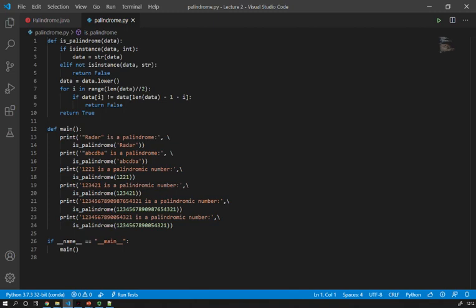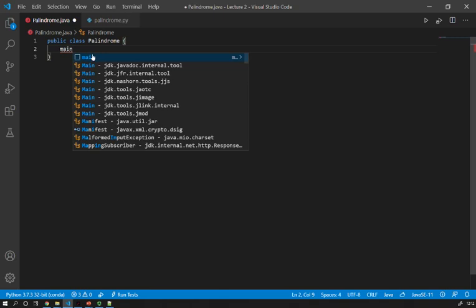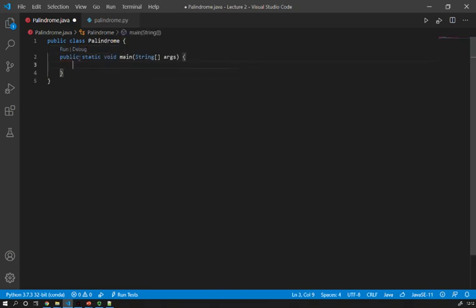Having done so, now let's look at the implementation in Java. So first, I'm going to create a class palindrome, public class palindrome. Then I'm going to create a main method, just to be able to test my different solutions. Here I'm going to use a shortcut in VS Code. I'm going to start to type main, and then I'm going to select that option main. It's going to provide for me the header of the main method. This is very useful.